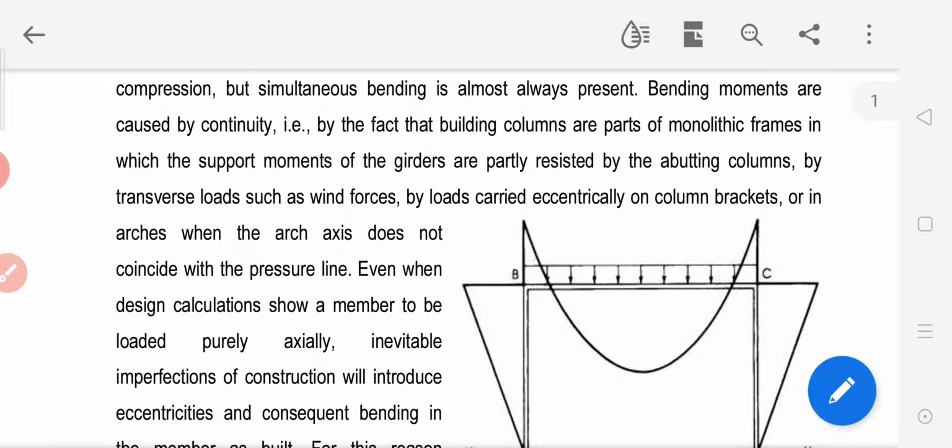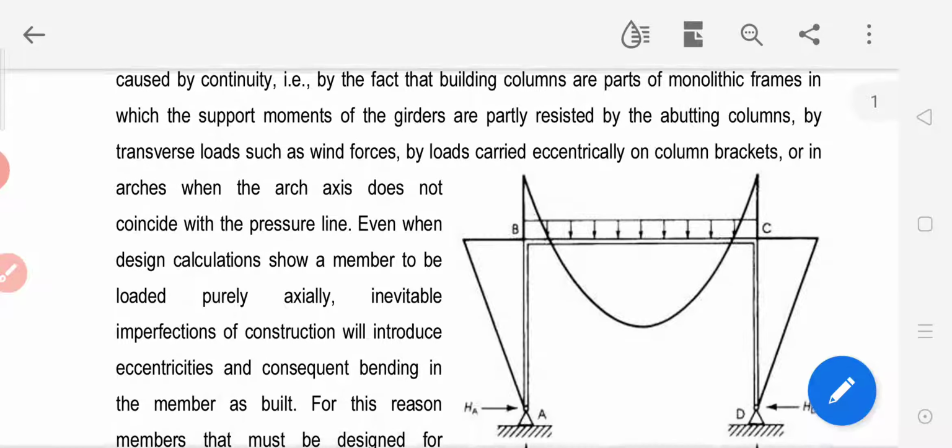Bending moments are caused by continuity, that is, by the fact that building columns are parts of a monolithic frame in which the support moments of girders are partially